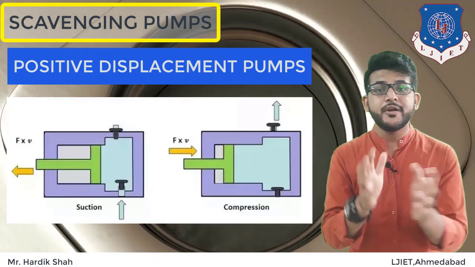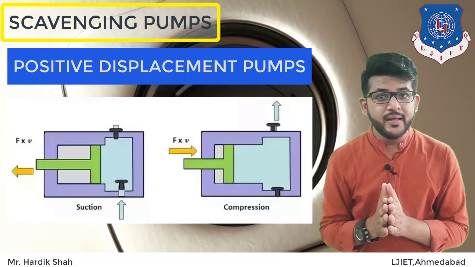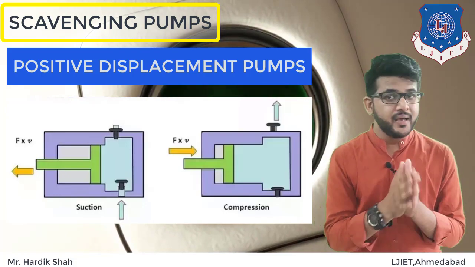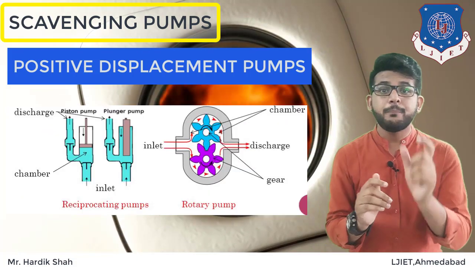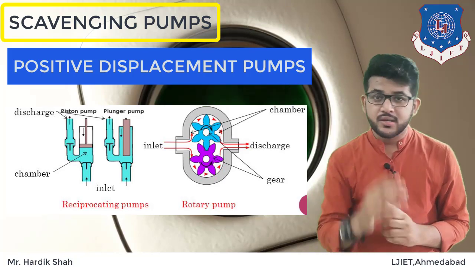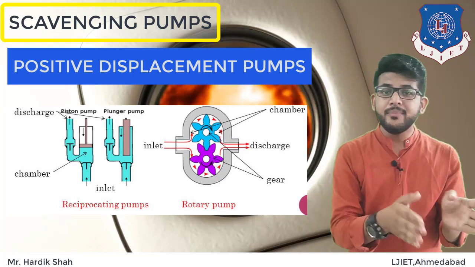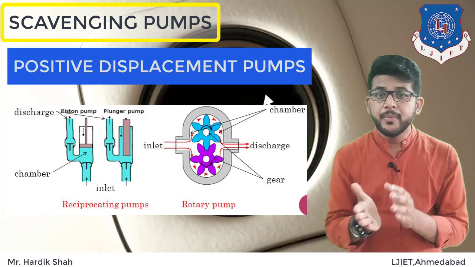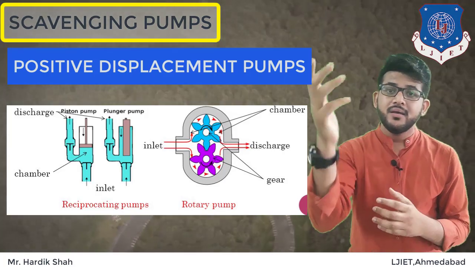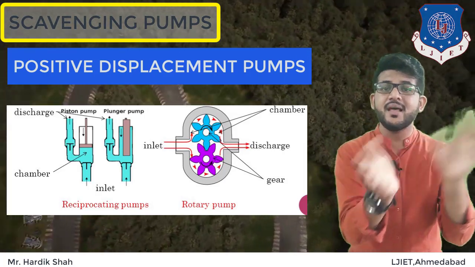So there are basically two types. First one is reciprocating and second one is rotary type. In reciprocating, the piston type pump is used for the reciprocating motion, that you all know. And in rotary type, there are three types: gear pump, screw pump and vane pump, that you have already learned in EME and other previous chapters, just like superchargers.